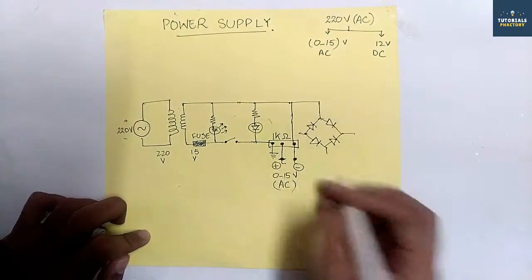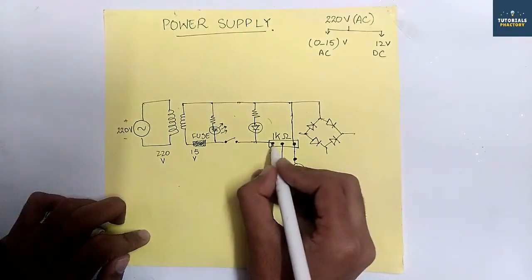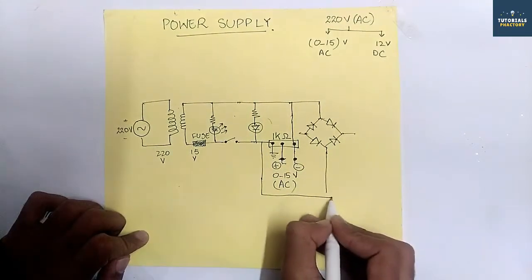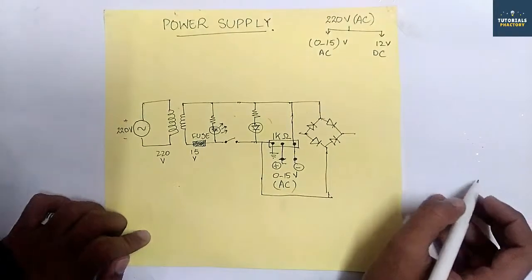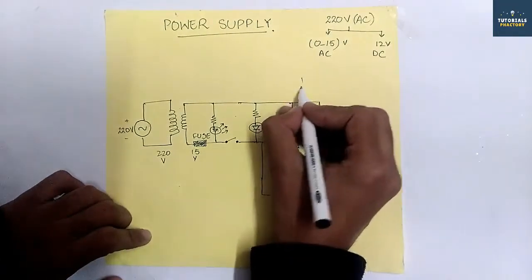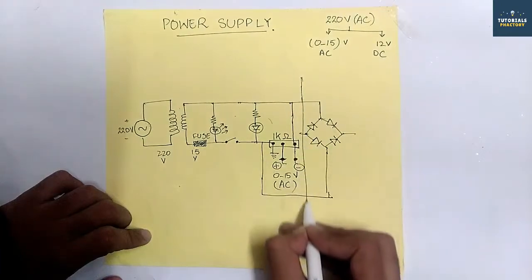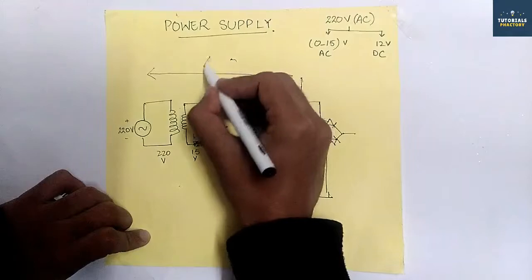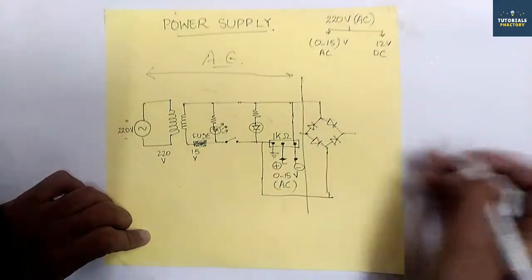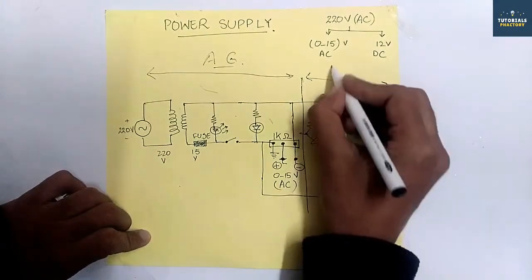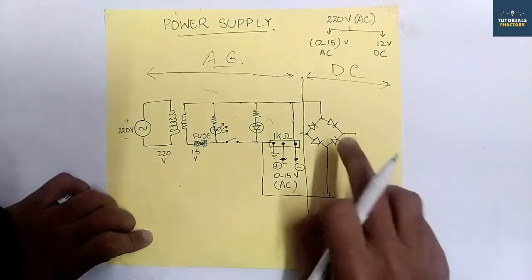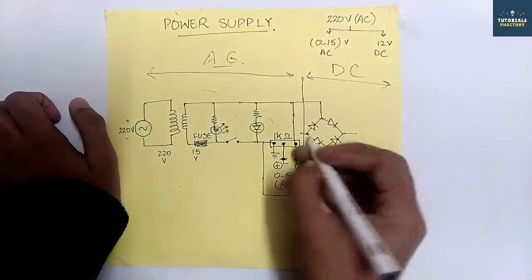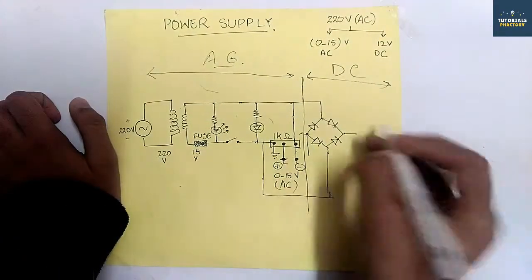So I'm just gonna connect these two terminals, and I'm also gonna connect this terminal, which is our supposedly ground. Before this portion, this is our AC portion, and now we will get our DC portion. This is our converted DC supply. So what will we do? Now we will connect these terminals